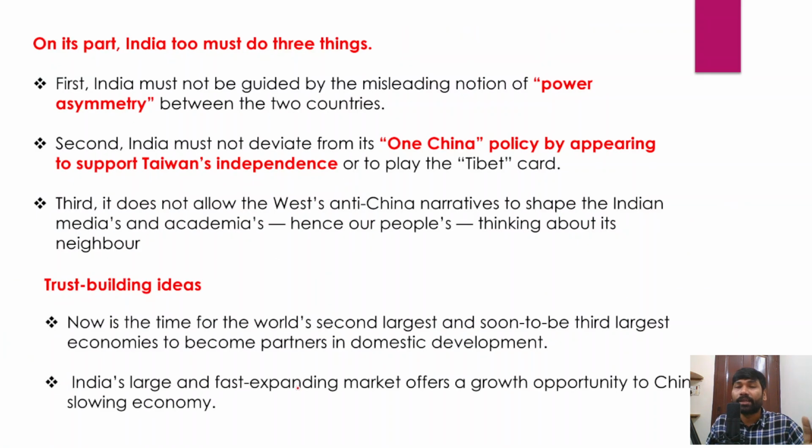And on the other hand, India should also do certain things to improve its relations with China. So what are those things that India could do? Firstly, India should not enter into alliances like the Quad. The author is directly telling India that it should not join alliances like the Quad because it could send a wrong message to China, that India has been forming counter-China alliances, joining hands with adversaries like the US. So therefore, the author has been clearly telling India that it should not join alliances like the Quad.